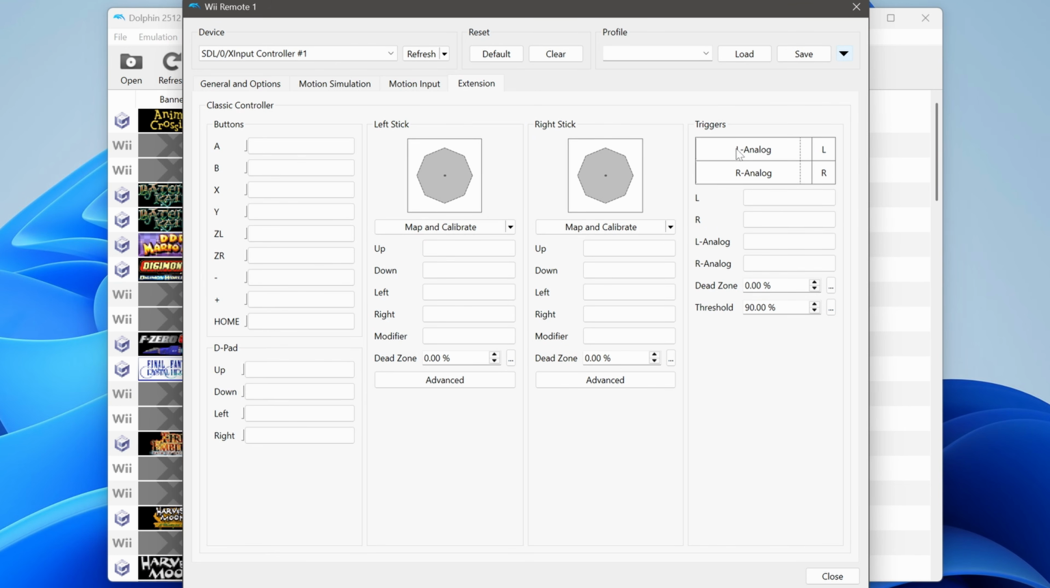Then click Configure Extension. The Classic controller is a lot easier to configure, so just go right on through. I use the right face button for A, bottom for B, top for X, and left for Y. ZL and ZR are L1 and R1, then select and start. Then map your D-pad,